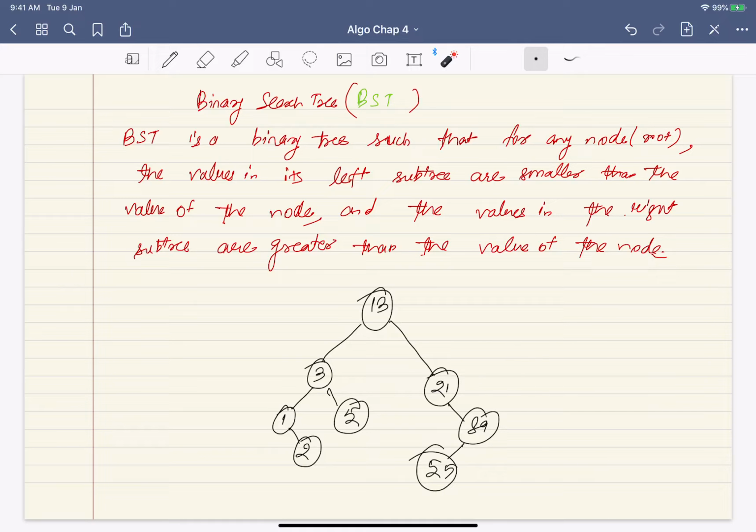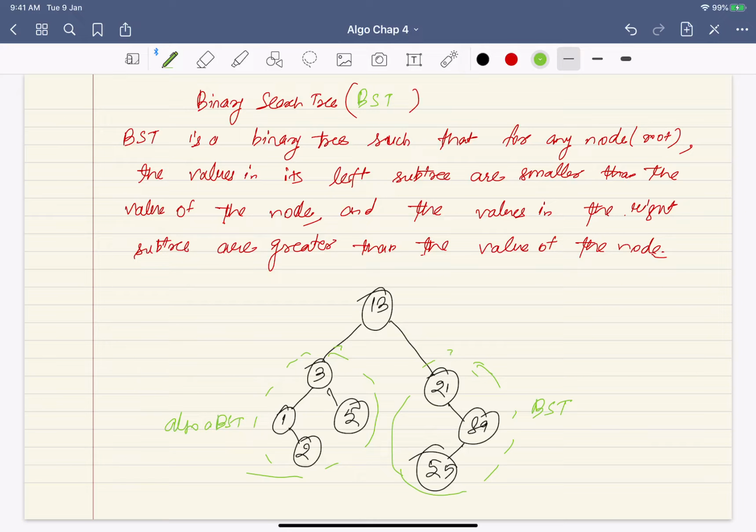If I give a different definition, where instead of subtree I put a node, can you come up with a structure that is not a BST? You can find a counter example, so that is not a correct definition. So this is a binary search tree, and each of the subtrees, like this, is also a binary search tree, and this is also a binary search tree.